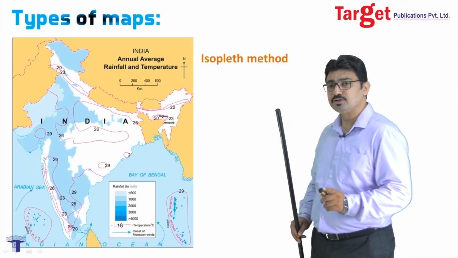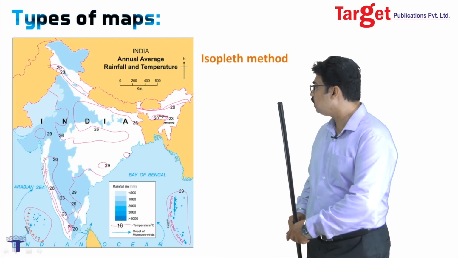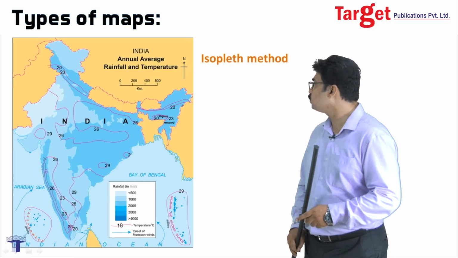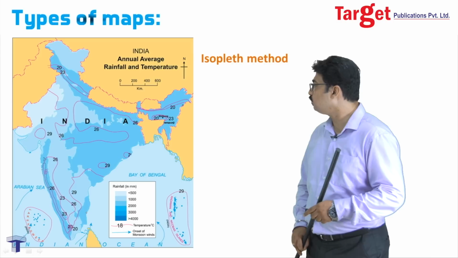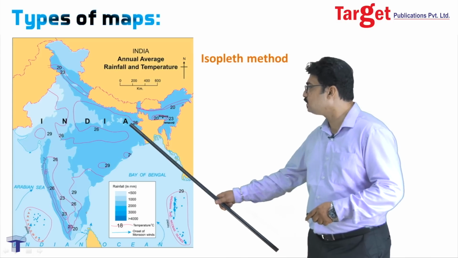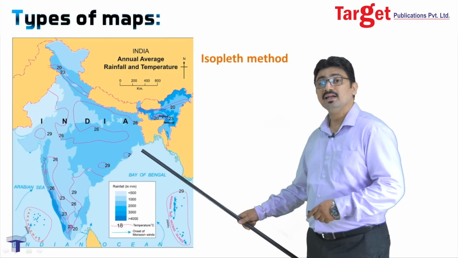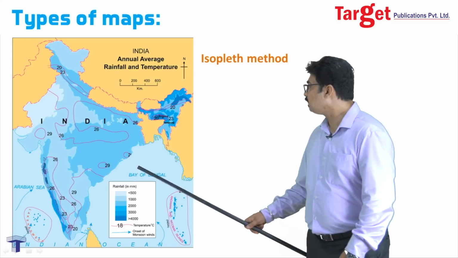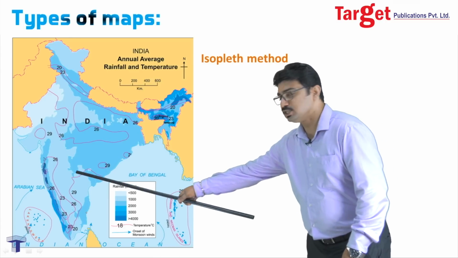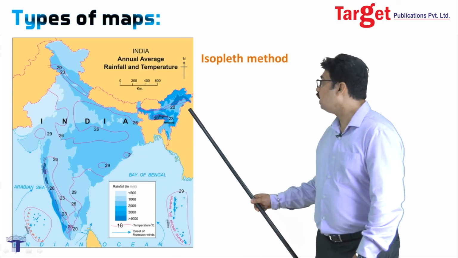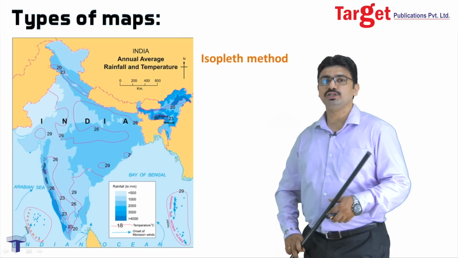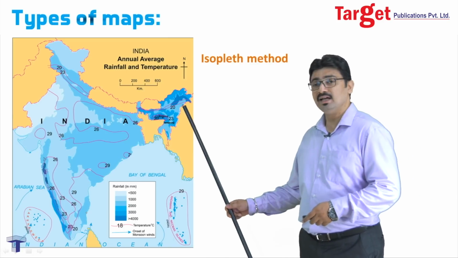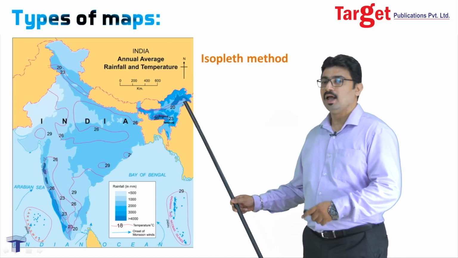Now we can also show isopleth maps by shading in some colors like this. So here we are trying to show the rainfall, right? We are trying to show the annual average rainfall with the help of isopleth maps. The boundaries of these shaded regions indicate areas with same type or same measure of rainfall. As we see here, the highest rainfall is in the northeast, on certain regions on the western coast, as also in the eastern states. We all know that Cherrapunji records the highest rainfall in the entire world, which lies in the northeastern states of India.